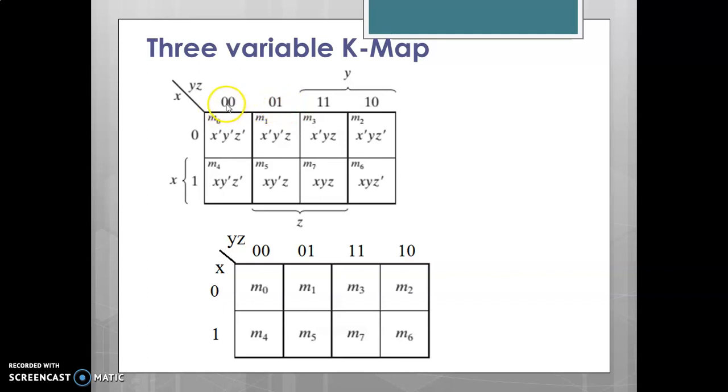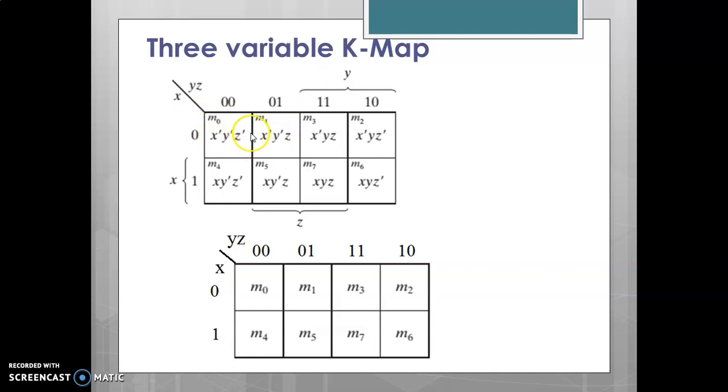For example, yz takes a value of 0, 0 here. The neighbor of yz, we have 0, 1 followed by 0, 1. So there is change in only the second bit. The first bit remains just the same. Same way, 1, 1 has been followed by 0, 1. So there is change only in the first bit. Second bit remains just the same. 1, 0 followed by 1, 1. So there is change in second bit. First bit remains just the same.